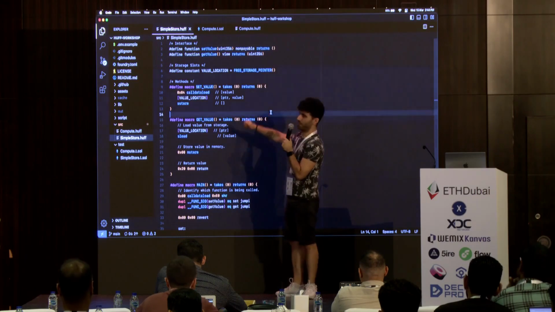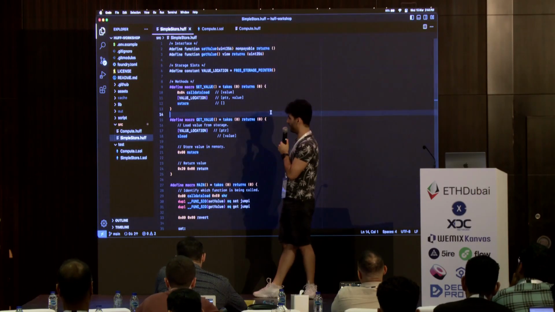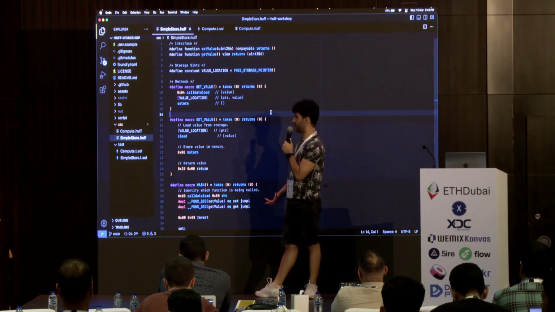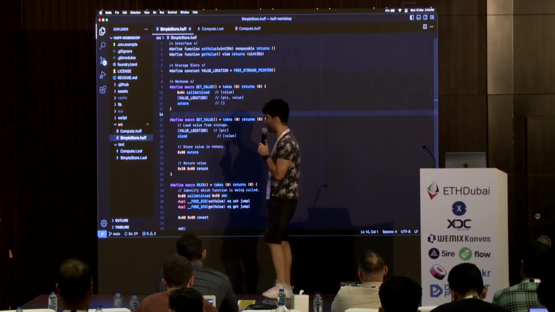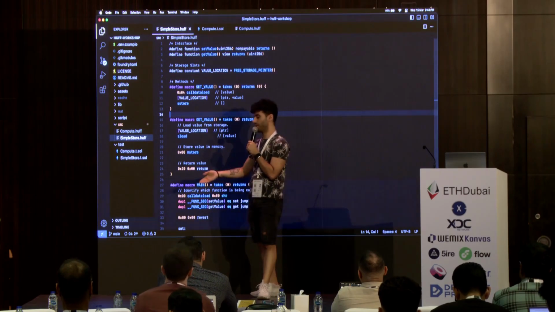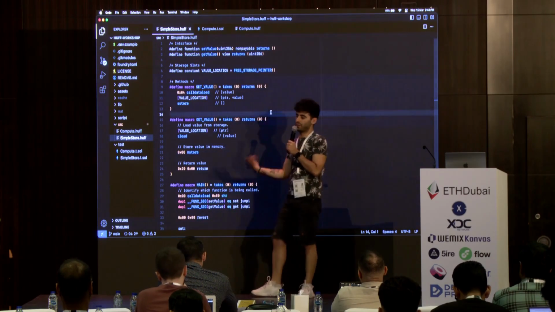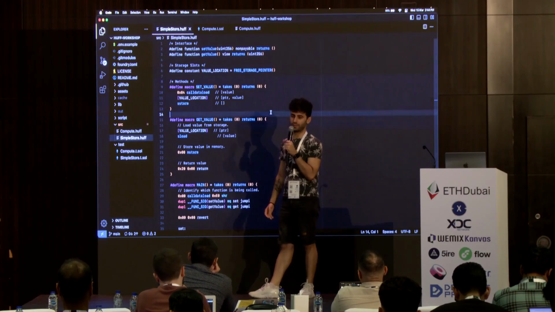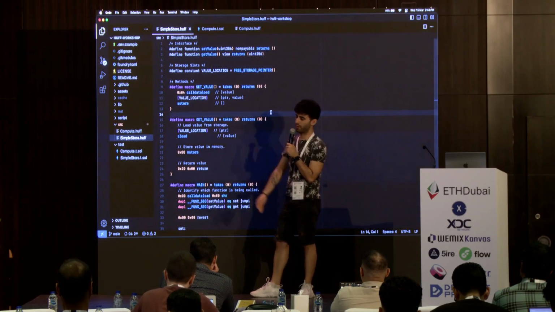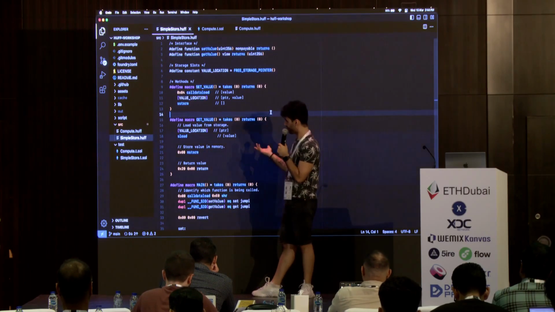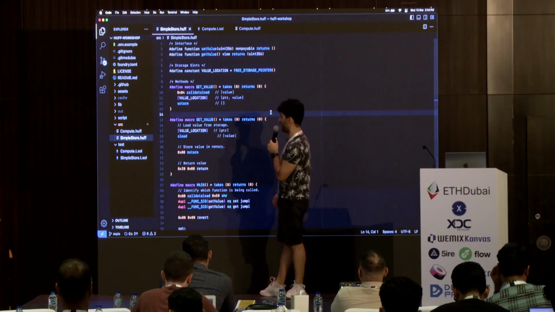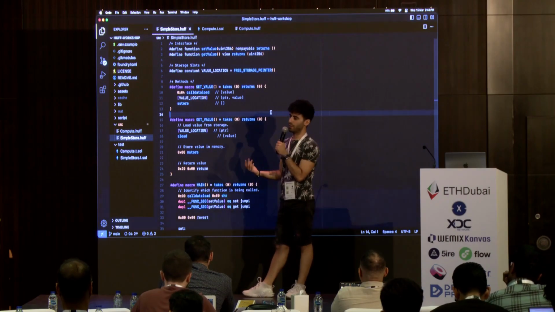So we have a set value function, and now we want to be able to read this value. The way it works is actually quite simple in this case. When we are calling the get function on our smart contract, we are not sending any parameters. We're just calling our contract with the function signature of get value. So when we go right into it, we can just say, okay, the user wants the value that is